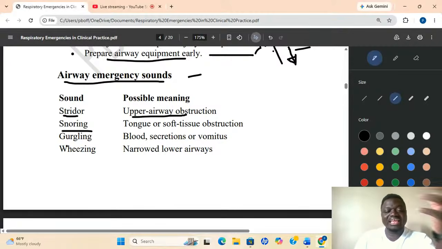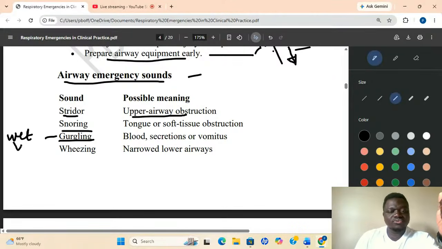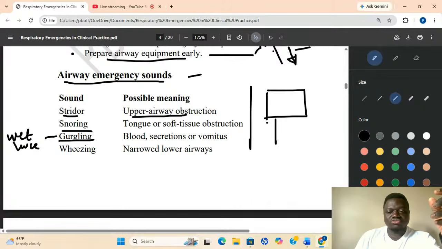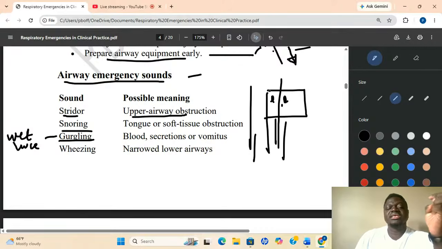Somebody is having a gurgling, wet voice. Don't let this English worry you. It is wet voice. So this is the voice box. If your airway or the esophagus is wet, all of them pass through here. So if too wet, this voice box will be wet. So when air passes through, you'll be hearing that wet voice style. Yes, especially if you want to assess for dysphagia, for the GI system.